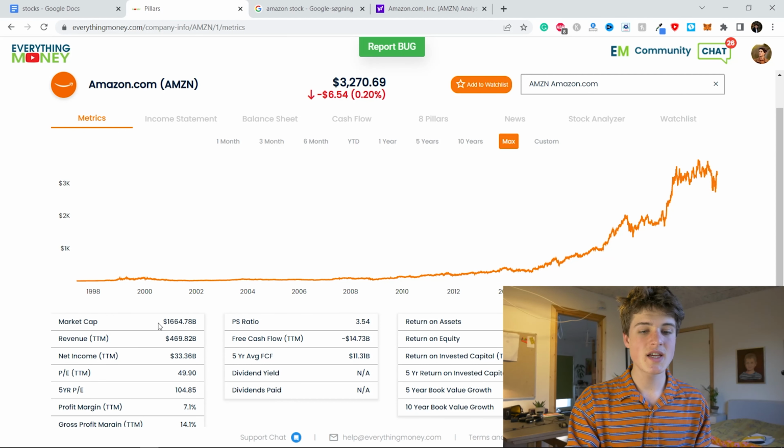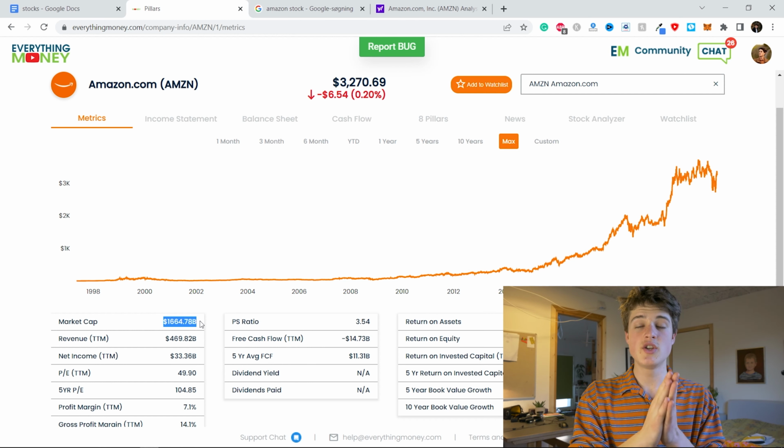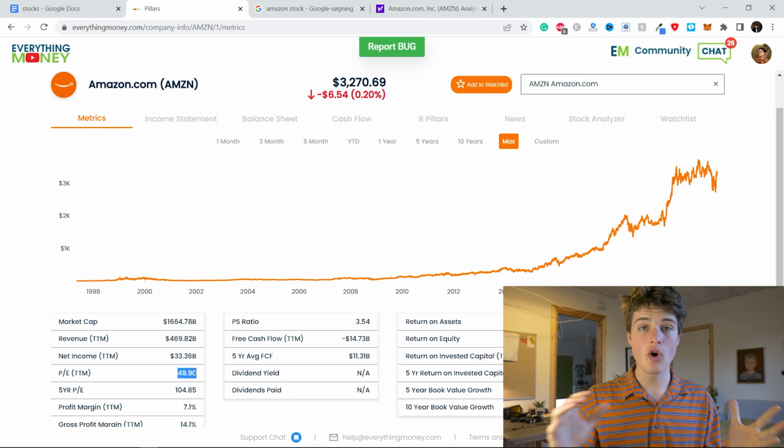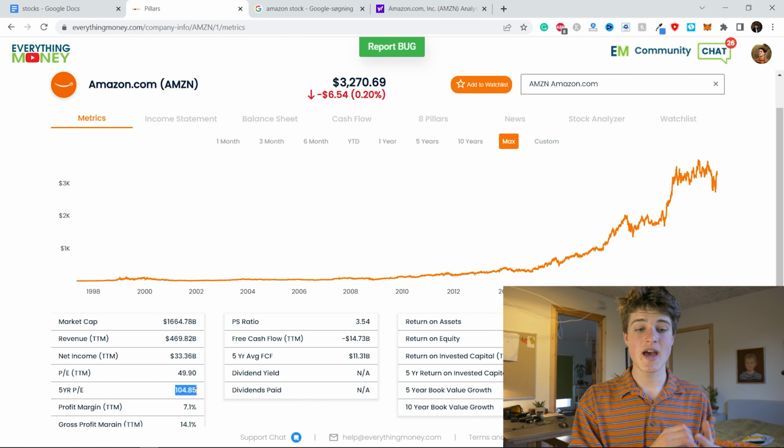Amazon is a $1.6 trillion company. Just remember, the bigger the company, the less potential growth there is. It just gets harder to grow a company as it gets bigger. Amazon has always traded at a high price to earnings. Over the past 5 years, Amazon has had an average 104 times price to earnings. That is an insanely high price to earnings ratio, especially for a company this size, because you have to think